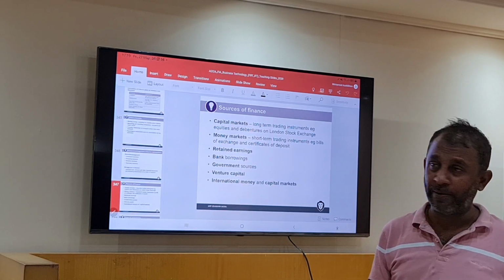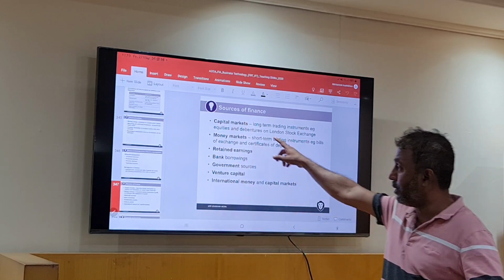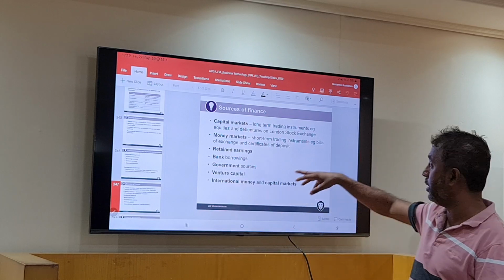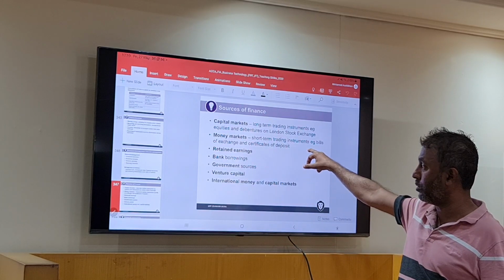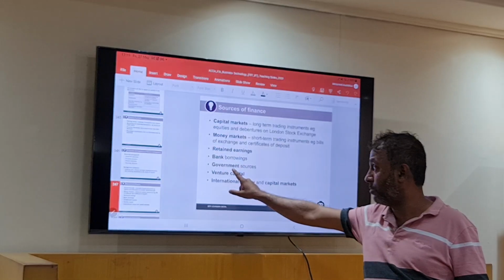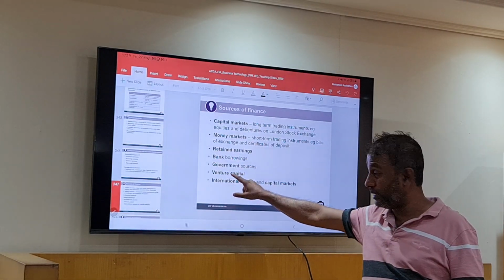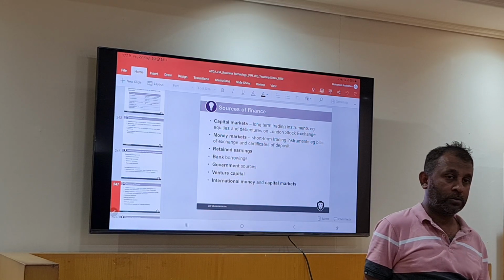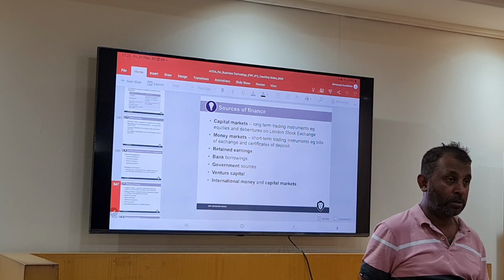Sources of finance, the different types of sources you have: capital markets, like issuing shares; money markets, actually short-term trading, like loans and all that; returns earned from your profits; bank borrowing, loans, government sources, venture capital. What is venture capital? You don't know? Venture capital means you have and you